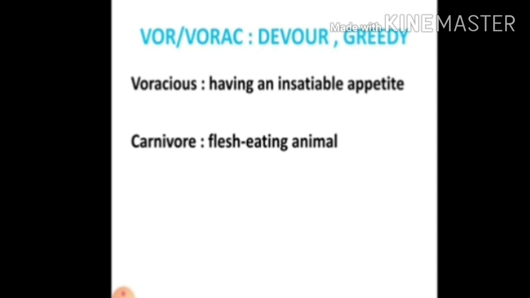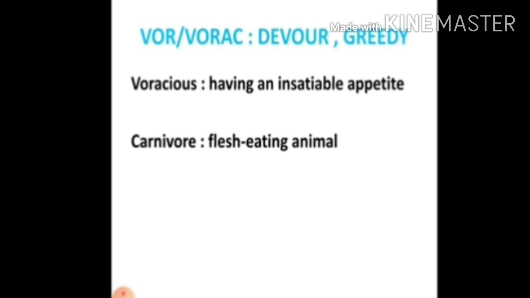Next. So carnivore. Carn actually means flesh. The adjectival form is carnal, which means bodily. Carnal desires are bodily desires. So any animal that eats meat can be called a carnivore. So some people also eat meat a lot, right? You can call them carnivorous people. They eat meat. Carnivorous diet. So when I say carnivorous diet, it's related to meat actually.